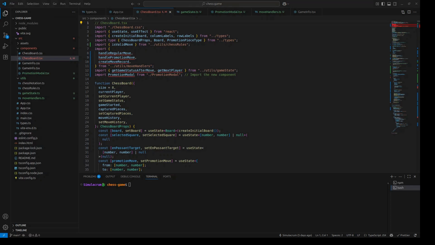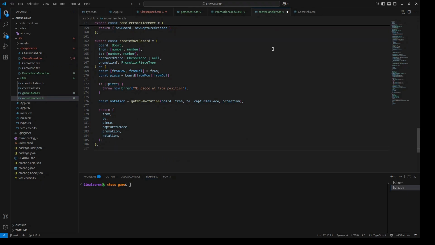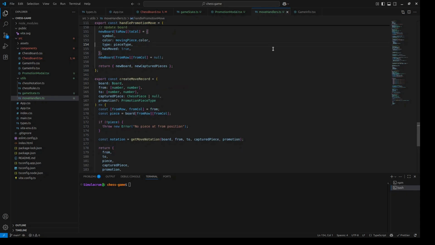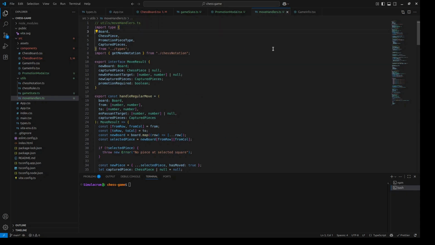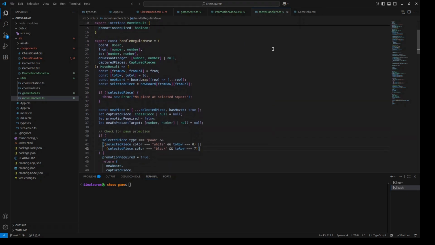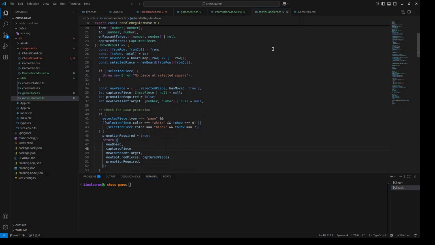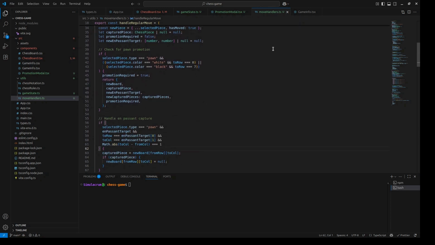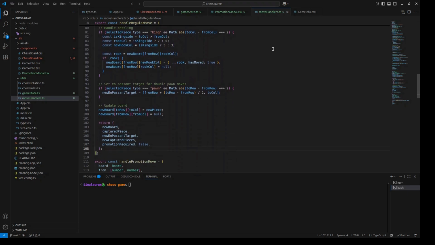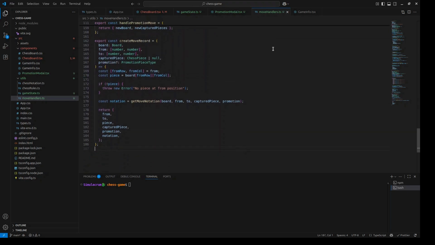So moveHandlers will have all of the move handlers, and it will look like so. So we've just moved some of the code out of chessboard into this. So there's no fundamentally new feature being added. Okay, this is moveHandlers, and next we will